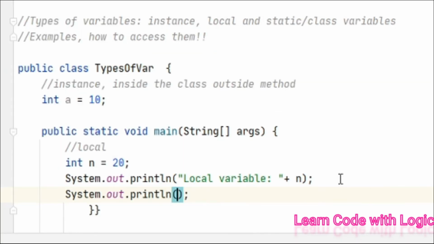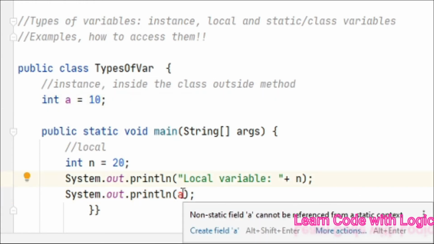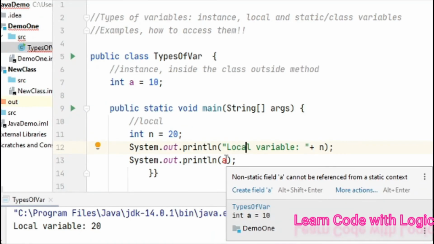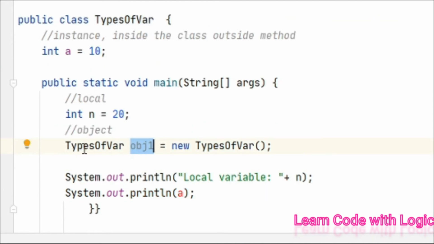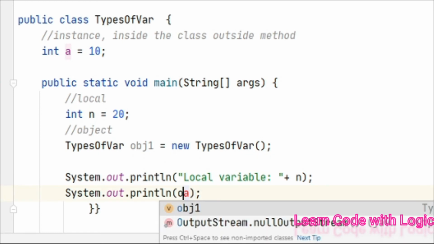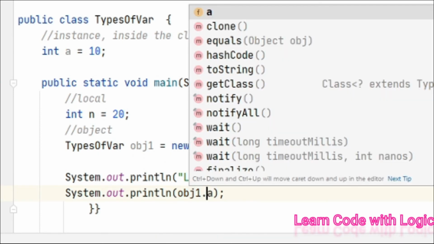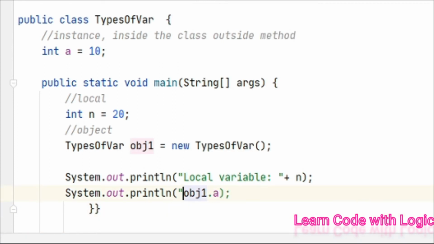How about accessing an instance variable? We have already seen a lot of examples in my tutorials. Instance variables are always accessed with the object. So let's create one object now. Obj is the object reference, with new. This is the object reference, whereas this one is the class name and this is the object. So once after creating the object, we can call it using the object reference. Look, we got it. Let's say this one is an instance variable.